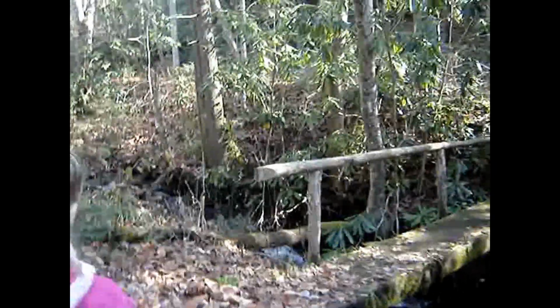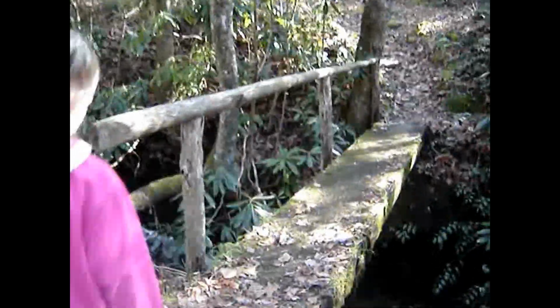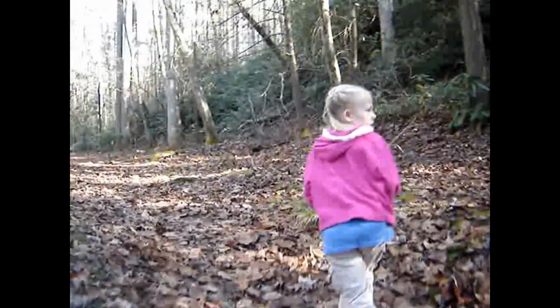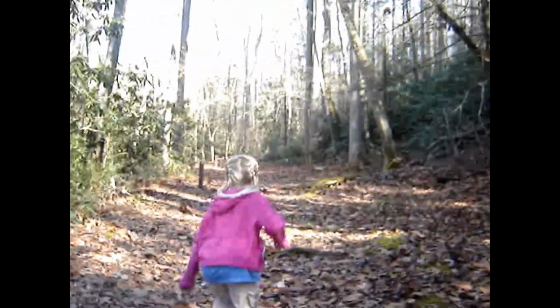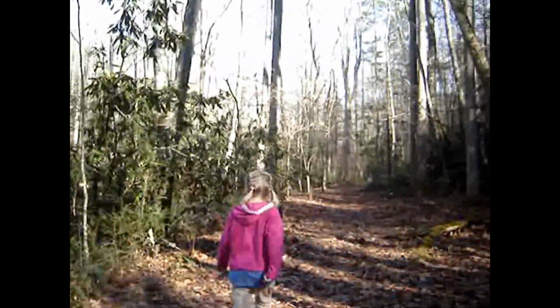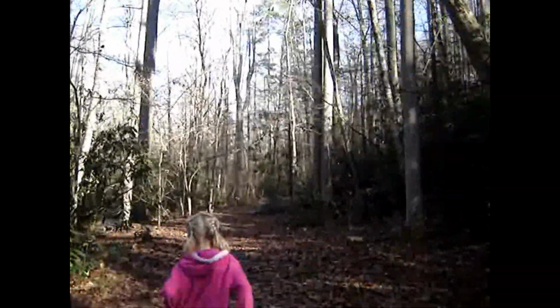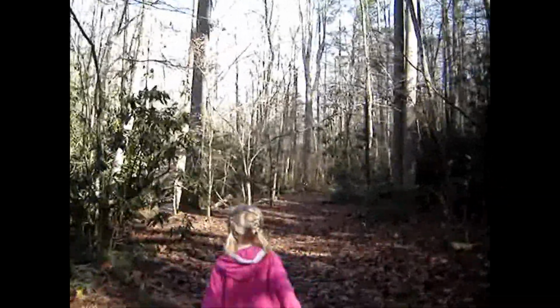The trail takes 10-15 minutes tops if you keep walking. Now there's this creek, and there are a number of interesting things to look at along the way. Some benches, the creek. There's an area where the rhododendrons have grown up and over the trail. You can see here that the trail is really set up for even young folks that can hike it